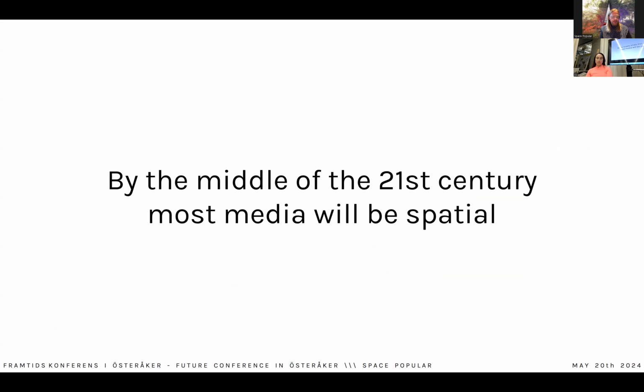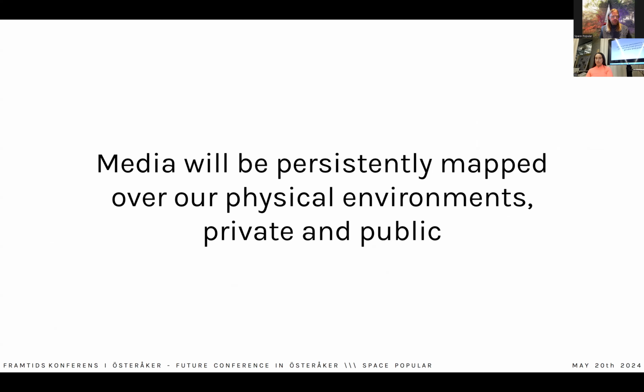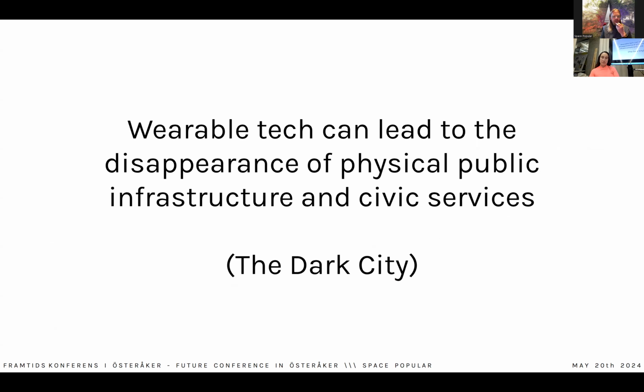As we said before, by the middle of the 21st century, most media will be spatial. Media will be persistently mapped over physical environments, both private and public. So geolocated all around the world. Will be many different layers of virtual environments that are persistently mapped to that space and time. Wearable tech can lead to this disappearance of physical public infrastructure and civic services. This is a concept that's sometimes referred to as the dark city, because if the speculations are true, that the